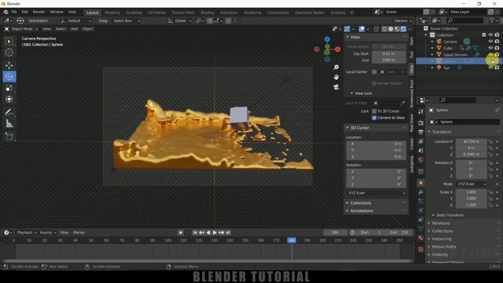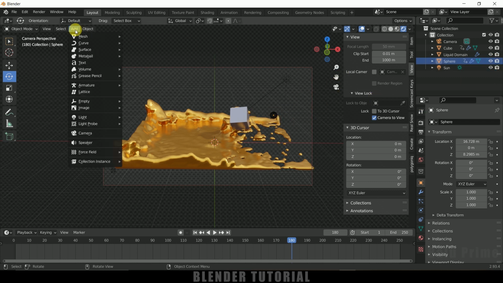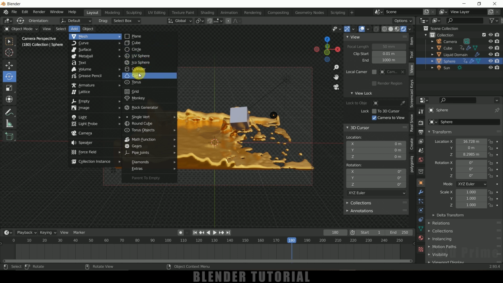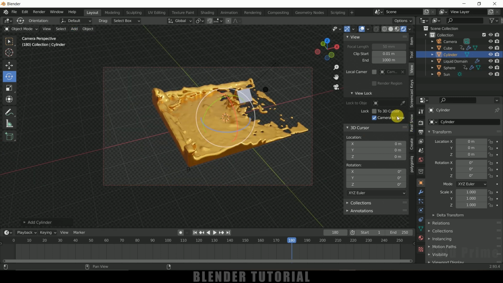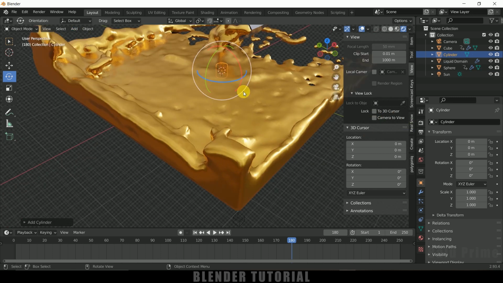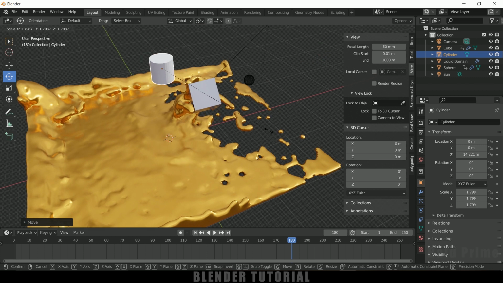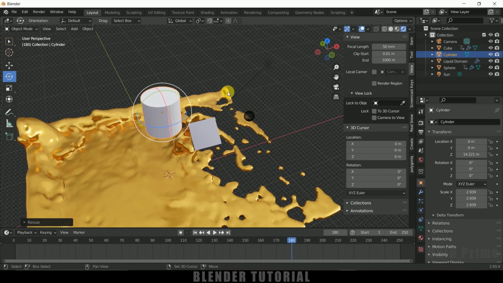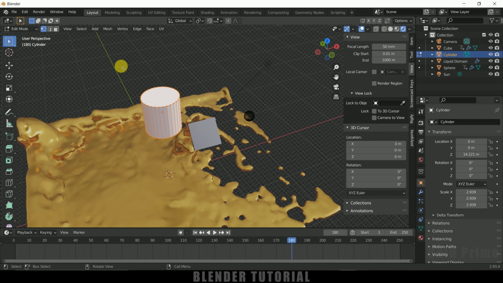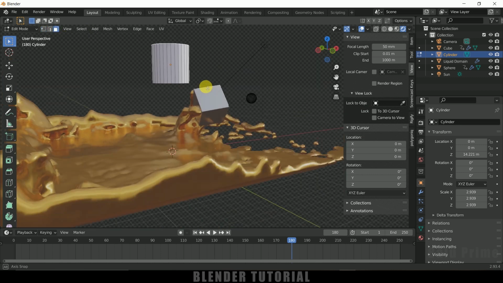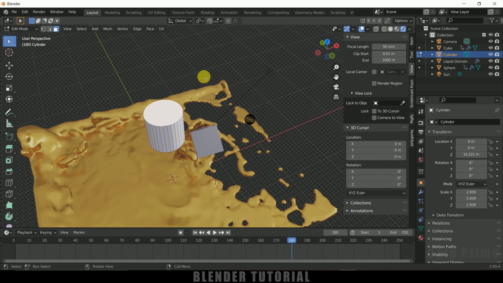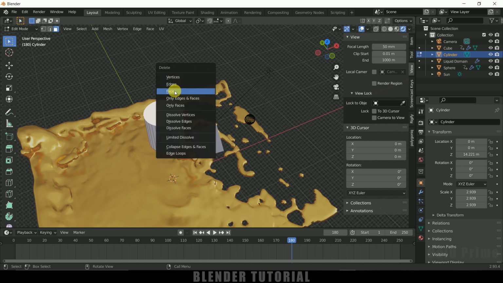So instead of hiding these things, let's add a tunnel like thing. So go to this add mesh, select this cylinder here. So let me uncheck this one, let me move out from here, let me grab this. So press G Z, let me bring this here, press S on the keyboard, increase the scaling, and go to edit mode by pressing tab on the keyboard, face mode, select this face and let it be here. So delete this face here.